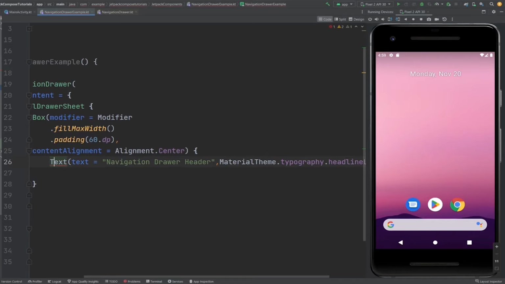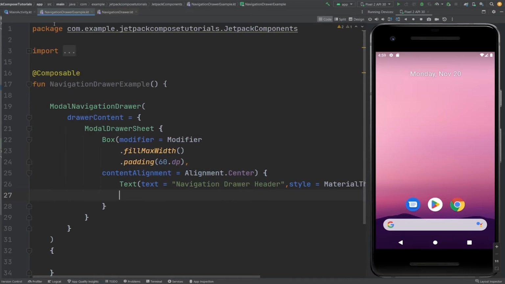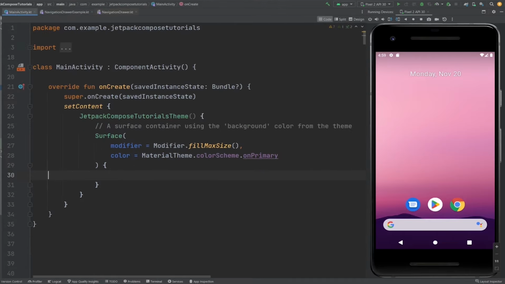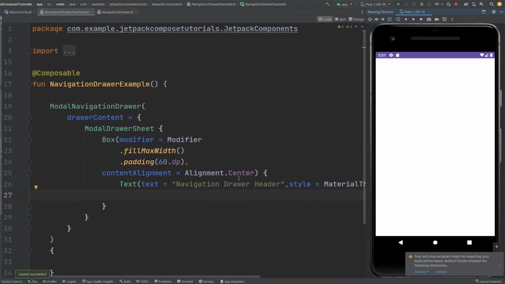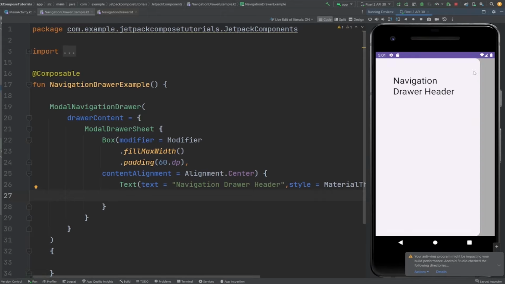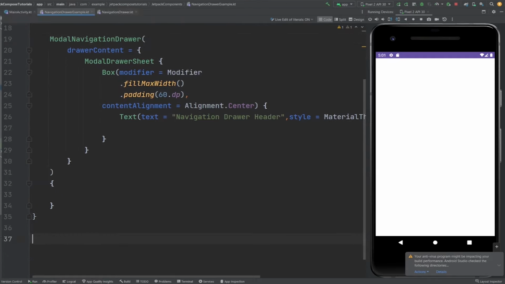And this is basically the style. Now the text is okay. Now if I run this, actually, let's run this first and see what is happening. So navigation drawer sample. Now you can see the blank screen. Actually we don't have anything. This is the navigation drawer, and this is the navigation drawer sheet, modal drawer sheet basically. Now what we can add, first let's create a drawer item data class